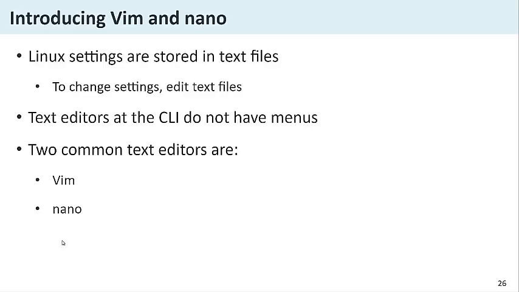So in this introduction of the Vim and Nano editor, I have shown you all the commands. These are settings which can be stored inside text files, because in Linux all the settings are stored in text files, and those text files are available in the /etc folder. So if you want to change any settings, you will have to edit those files. Okay, so a text editor will be used